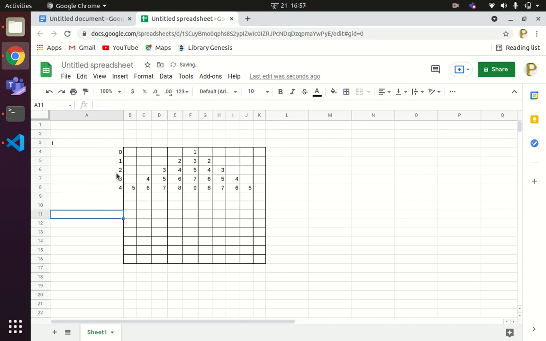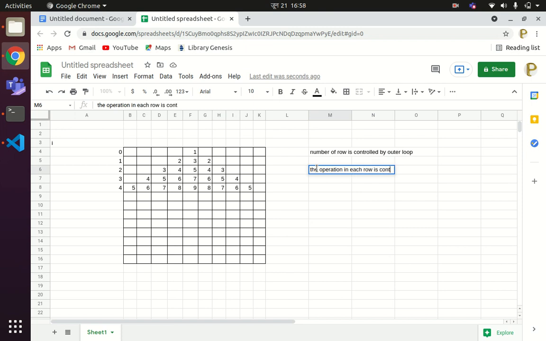Now for each row, the operation of the row is controlled by what? The inner loop. The number of rows is controlled by the outer loop, and the operation in each row is controlled by the inner loop.